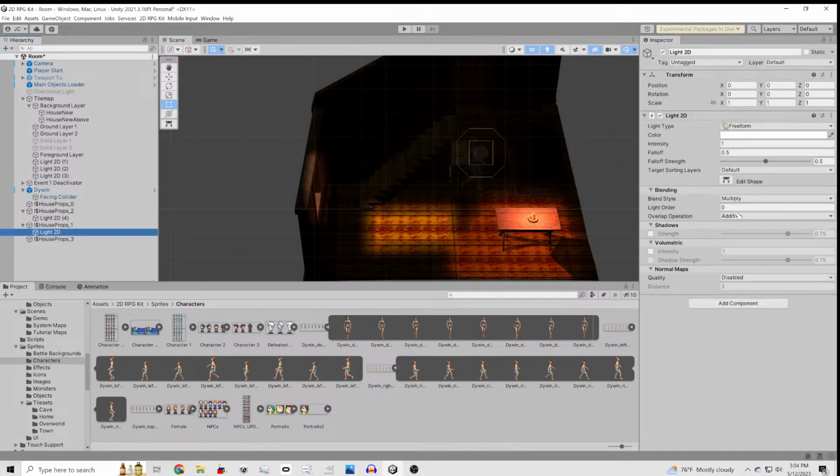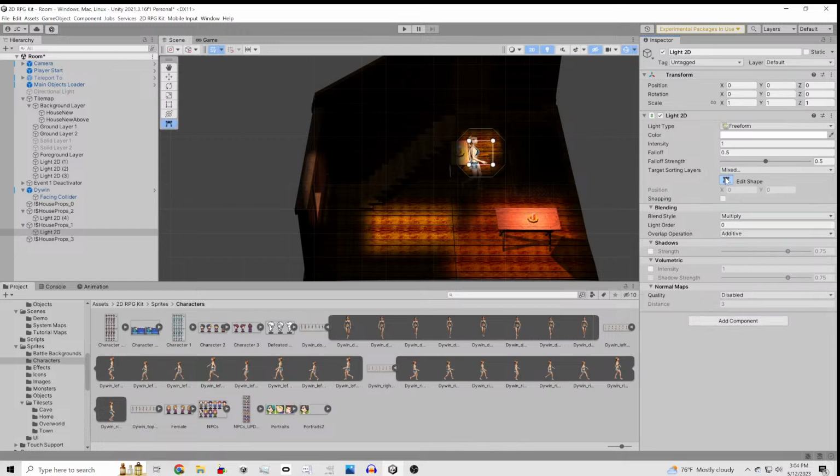We are going to have it affect player. I'm going to edit shape. The key thing is we want it to